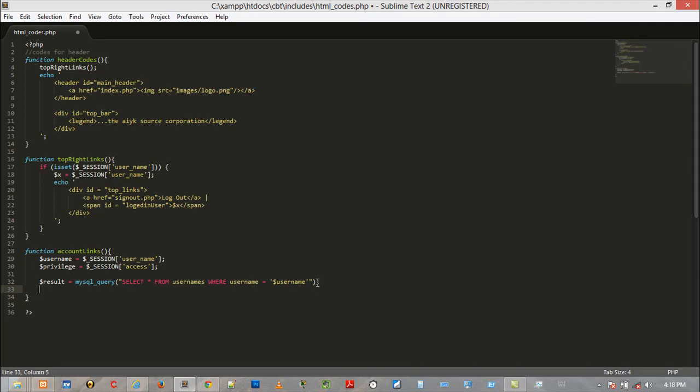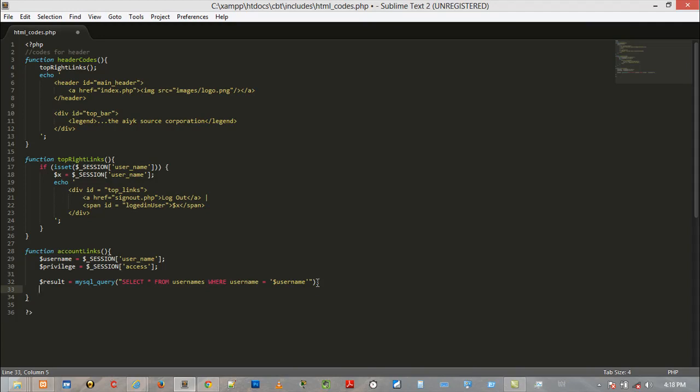It's not possible. Just one user can use a specific name, so it's definitely going to return one, inasmuch as that user is logged into the system. If the user is not logged in in the first place, he won't be able to access this. But for the sake of the check, to just make sure that things are alright, we can still put that. We'll check if it's equal to 1, because it's definitely equal to 1, but we can still just put that. So we're going to check if it returns a row, and also if the user's privilege is equal to 1,